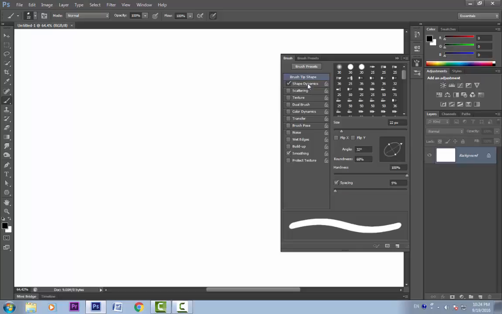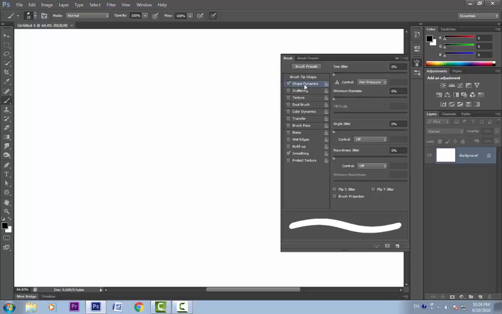Let's now talk about the shape dynamics. I've turned it on and selected it to go to its settings. There are quite a few like size jitter, minimum diameter, angle jitter, etc. If you remember from the last lesson, when we check this option on and off, the shape dynamics are actually turned on and off. Now as I told you in the last lesson, this is the option to be used with an external device called a tablet or stylus. So this is controlled by this control. It has many options to control our stroke with the pen tilt, stylus wheel, pen pressure, etc. I keep it to pen pressure.